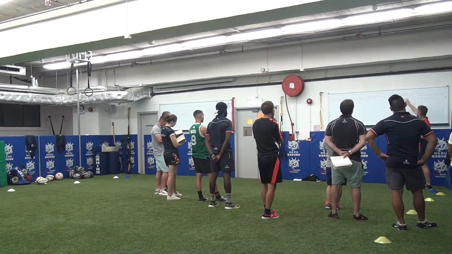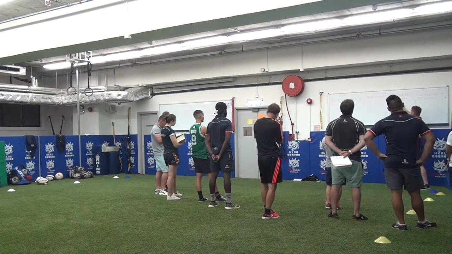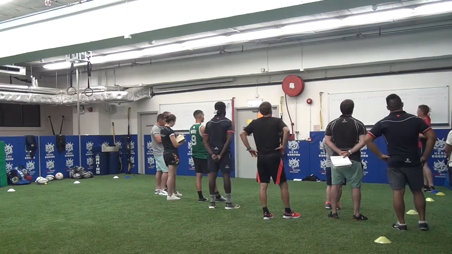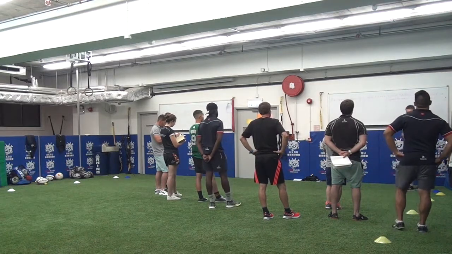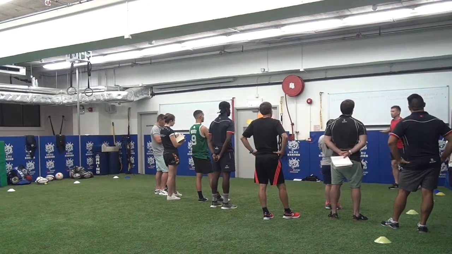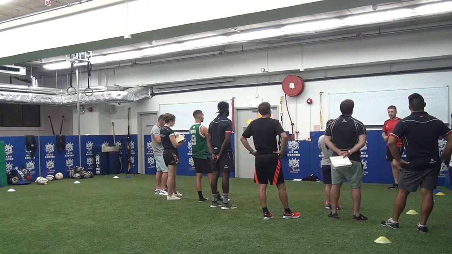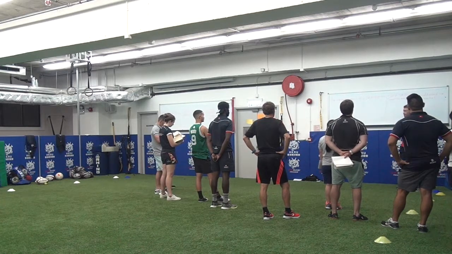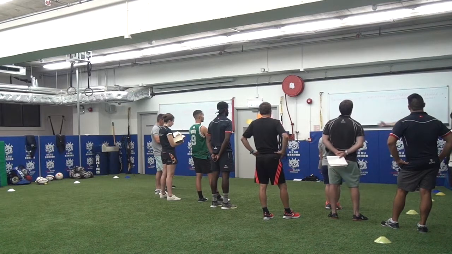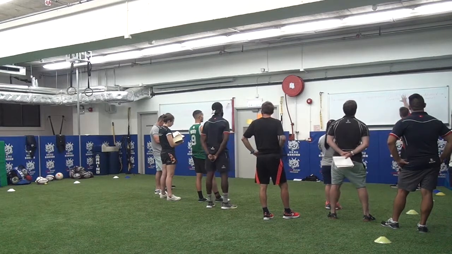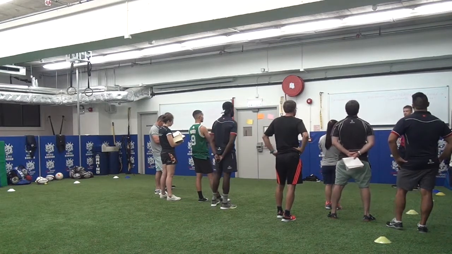Then this is the key bit, the final bit of the session. Core skills, moving into the small games, transitioning into those condition games, transitioning into full. And then obviously if you're near the start of the season, there might be a unit block in there somewhere. It might be scrum and line out, kick off, that kind of thing. But that's the model these sessions are all based on. So in September we're going to cover the unit stuff, and we're going to cover condition to full, how we start to put down the pattern, if that makes sense. But tonight we're focusing on this transition here, and I found this a real challenge.